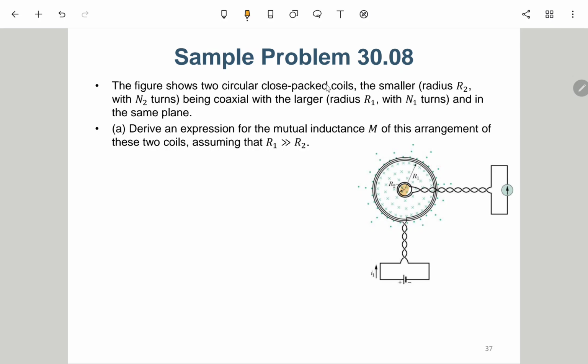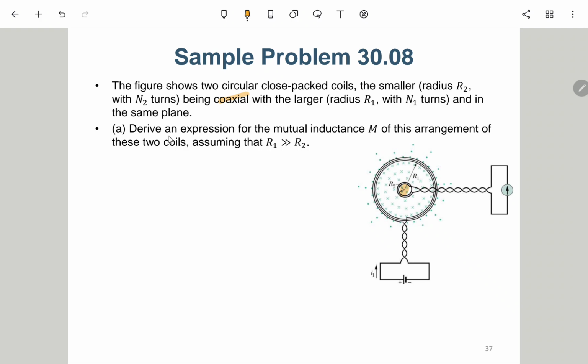And then being coaxial, 就是这个之前出现过，叫做同轴 coaxial。同轴的意思是这两个都是圆柱体嘛，所以它中间有一根轴嘛，所以两个轴重合的话就是叫同轴嘛。With the larger radius R1 and N1 turn, 所以大的那个是 N1 turn，然后半径是 R1，都是 R1 比较大的，N1 N2 就不知道谁大谁小了。And in the same plane,